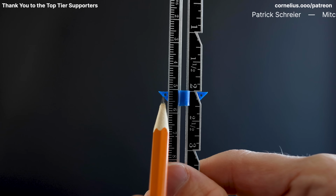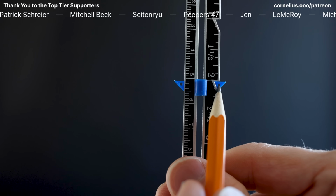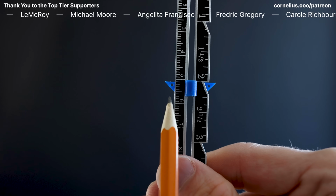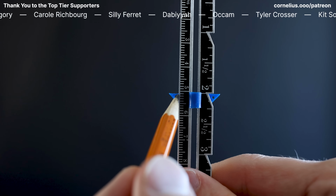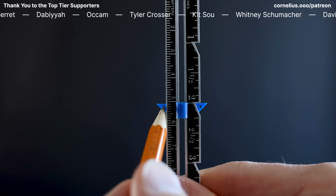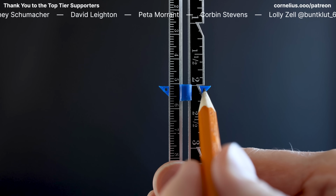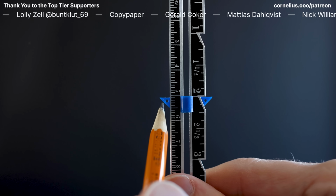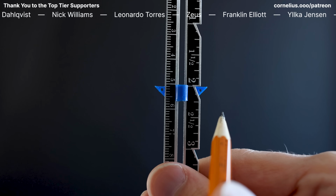As for these little holes on the side of the little blue thing, based on the patents, what they're for is little openings to make markings with. I've got a pencil here, and it doesn't even really seem to fit in the hole. This side is even smaller, so it definitely doesn't fit through. But it also said in the patent that it could be used to put needles in to hold this in